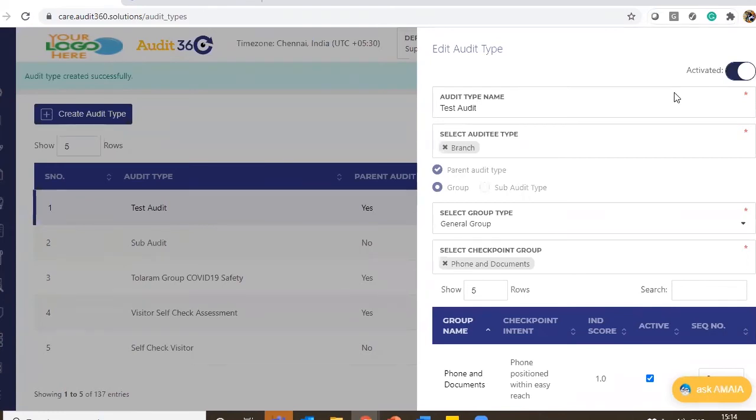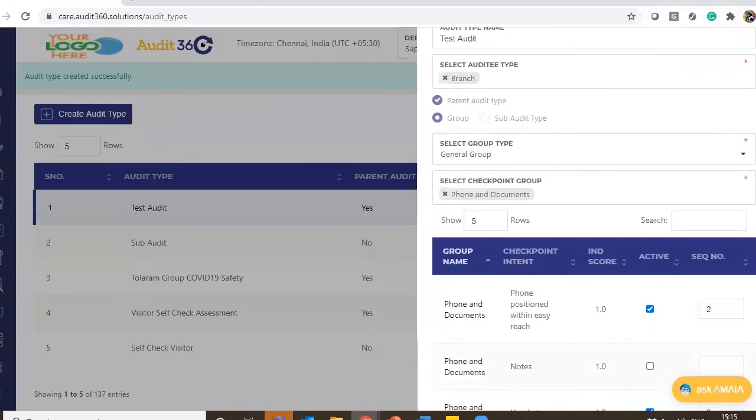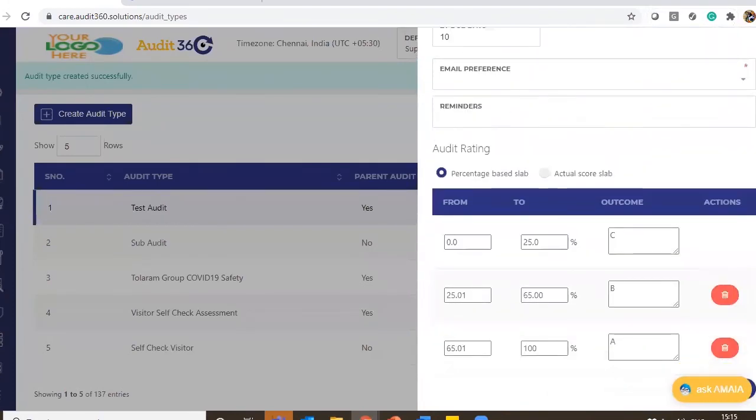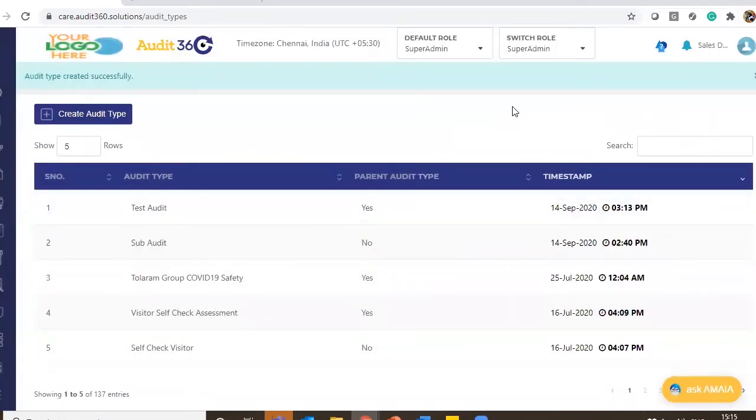If in future you feel that this audit is no more being used and you just want to keep it idle, you can deactivate it by clicking the toggle button here. All the relevant schedules or observations will be hidden, and it will not be listed in any of the screens. Once it is activated, the audit type will be listed for further schedule workflows. So this is on the configure audit.